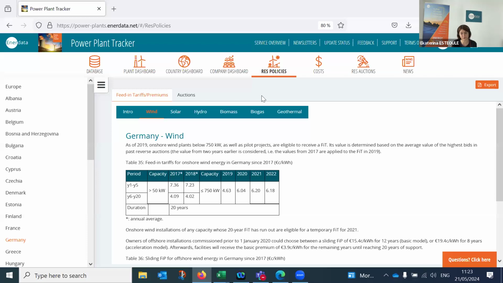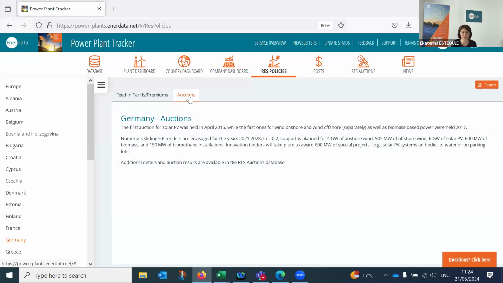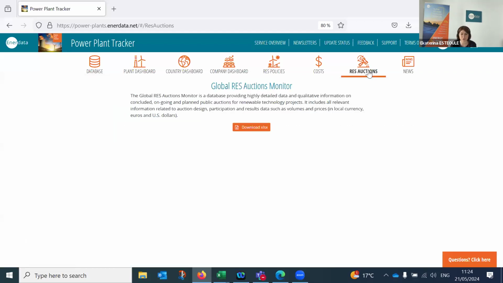Exactly. This information is just a quick tool for you to get in a single document all the information on renewable policies, on actions for European Union countries. But as more and more countries introduce renewable actions as a tool to promote renewables in a country or region, we have developed the renewable actions tool.